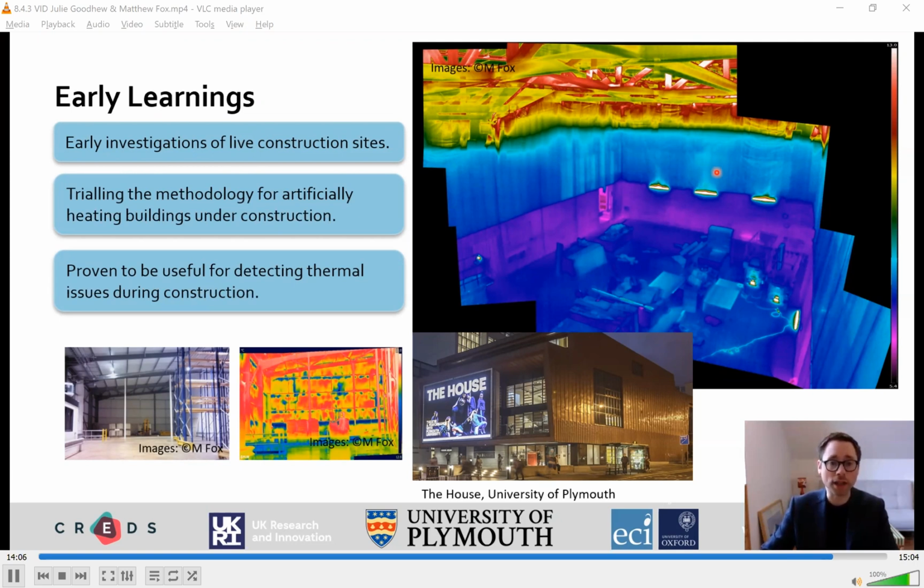addressed. Another example here was in the house at Plymouth University, where we artificially heated this large atrium space. And what we found was there was a perimeter of missing insulation or something going on towards the top part of this structure. And again, visually, you couldn't identify what was going on. So you really did need thermal imaging mid-construction to be able to work out where problems were in the building